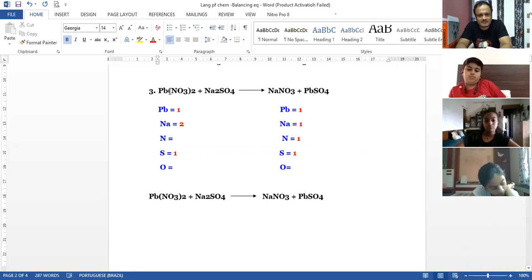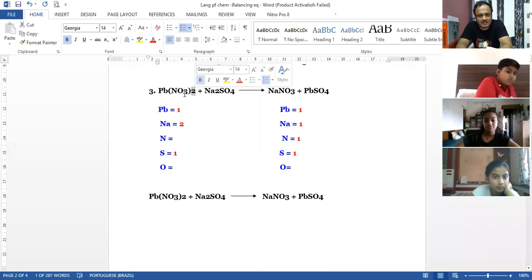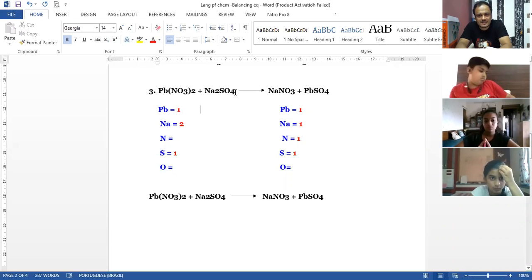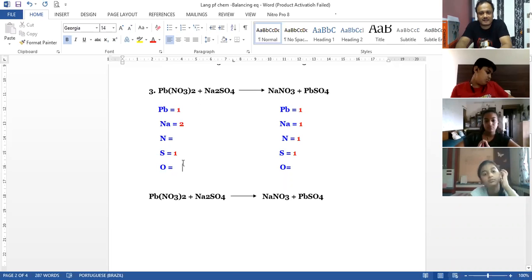So in this case, nitrogen will be written as 2, as you can see over here, because it has this 2 outside. Similarly, oxygen is 3 inside the bracket and 2 outside the bracket. So what we do is we multiply both those things. That would be 3 into 2, so that would be 6. That is 6 only from lead nitrate. We also have 4 oxygen from this one. That is 6 plus 4. The total number of oxygen over here would be 10. Okay, so total number of oxygen would be 10.